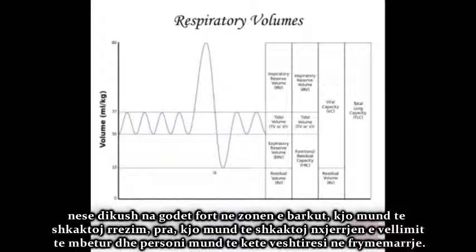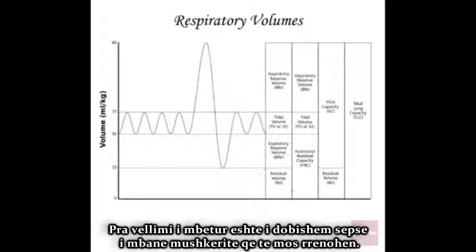Now, if you get hit really hard, let's say in the abdominal area, they say, oh, they've lost their breath. They got the wind knocked out of them is another way for that to be expressed. That could cause some of that residual volume to be expelled and the person's going to have trouble breathing. So it's good that residual volume is kept in your lungs so that your lungs don't collapse.